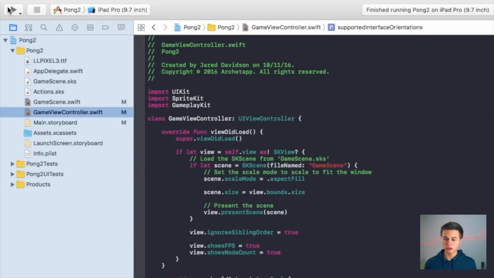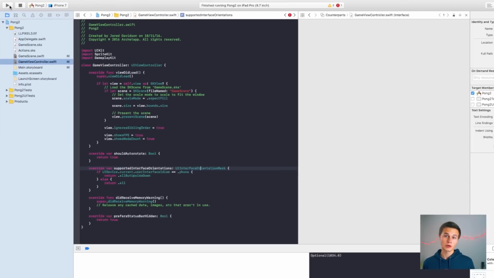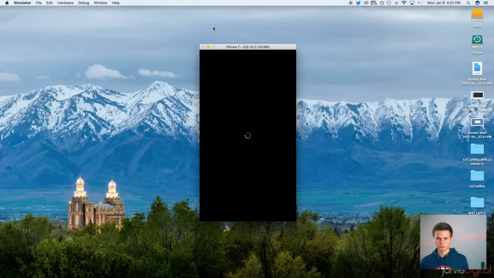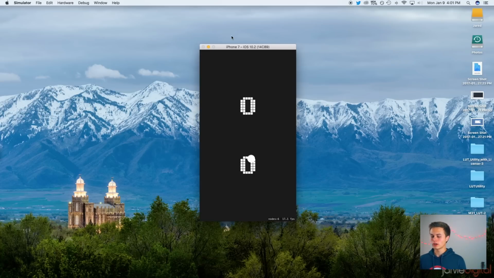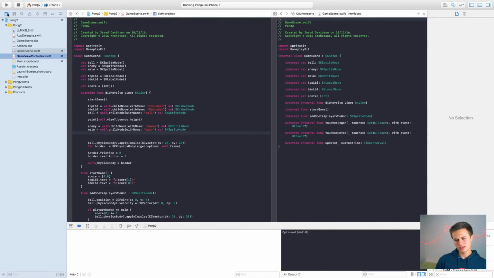So we're just grabbing the boundaries of our scene project and applying that to our scene itself. So let's go ahead and build and run this, and let's see where we're at inside of our iPhone 7 and see if that works properly. Alright, so what we did to the game was we made it fit to the screen size, and this is pretty necessary. But as you can see, it completely messed up the whole game and where our paddles are placed and everything like that. So what we need to do is go ahead and fix that so that we have